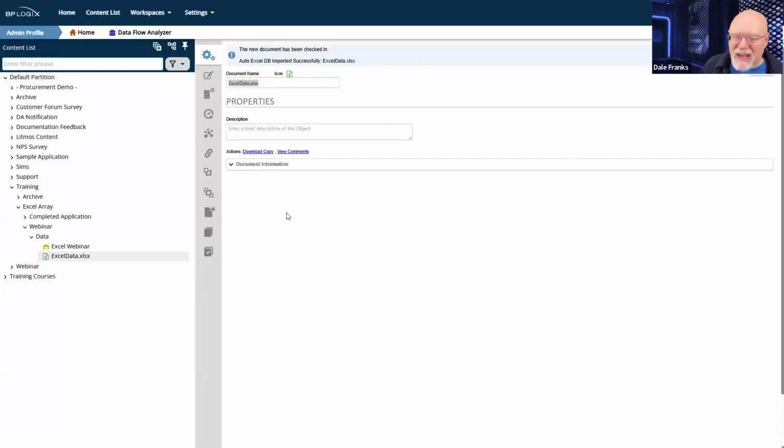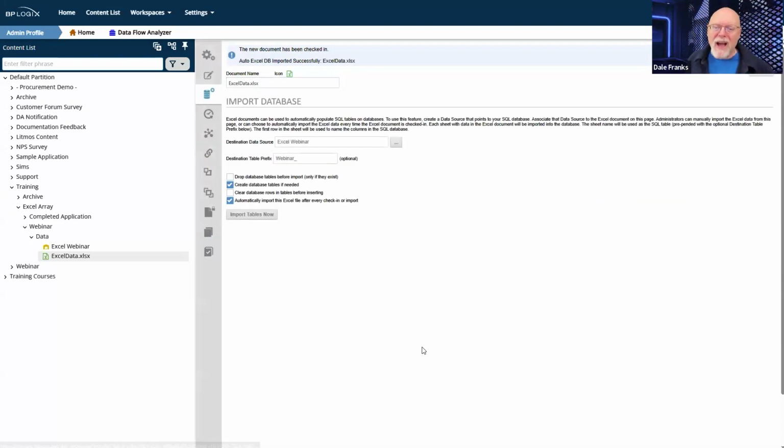So we have to think very carefully about how this Excel file is going to work for us, what it is that we want it to do, and how we want our data types to work in our template. And once I've got this down and I know how my data is going to come in, in other words, is it going to bring in the entire record set? I think in most cases it will. In most cases, you're going to have all of the records that you want, and being able to clear the database rows is going to be fine.